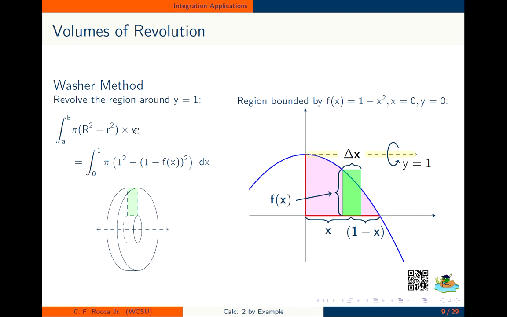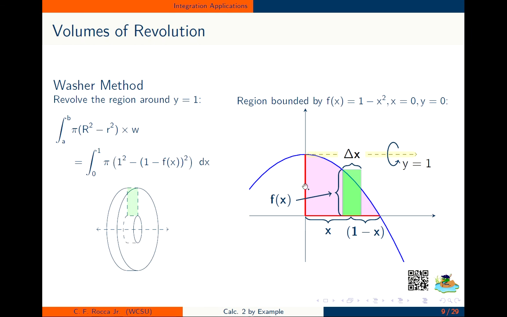multiplied by the width. All right, so what are our radii? Well, here's our axis, and to find the larger radius, I go to the far side of the rectangle. So I start at the axis, and I keep going until I get to the far side of the rectangle. The far side of the rectangle, in this case, is always on y equals 0. So the distance from y equals 1 to y equals 0 is 1,